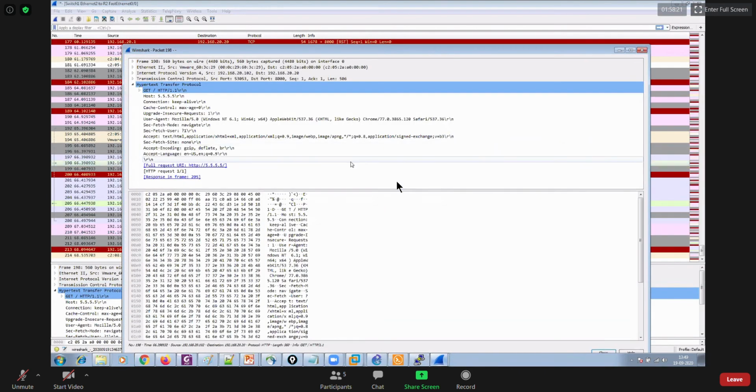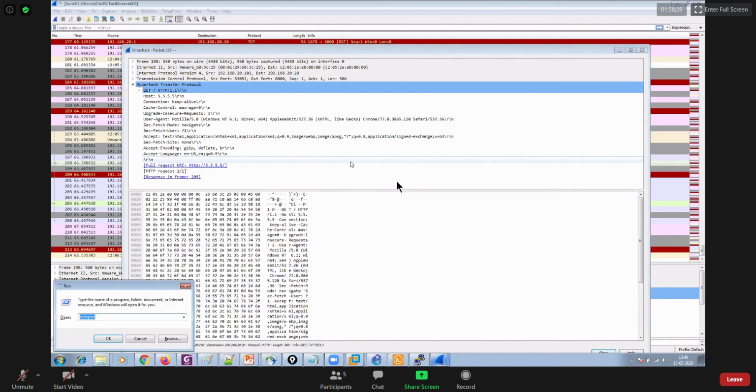So that's GET, then a forward slash, HTTP/1.0, and thereafter \r\n. So that's going to be my request.